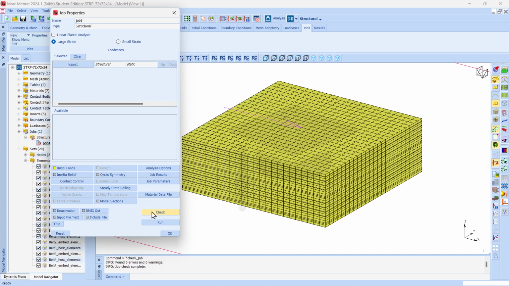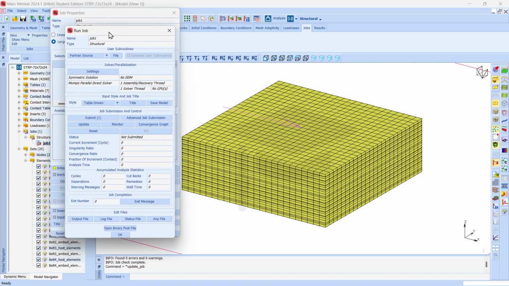Now let's check first. See, we have found 0 errors and 0 warnings. So the job check has been completed. Then go to run. So this is our run job. In this window, you have to submit, then the model will start analyzing. So click submit,